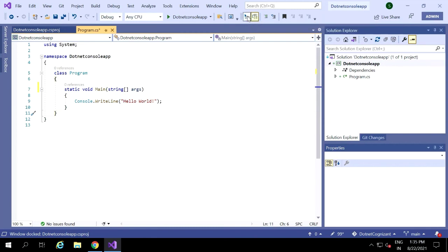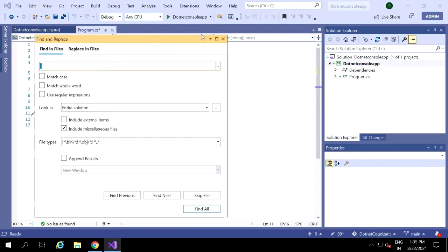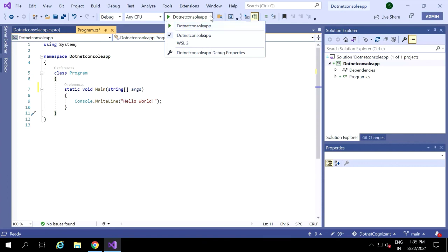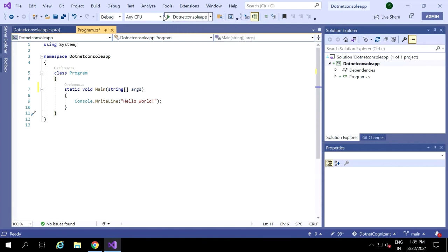Quick info means it will give quick information about that program, what program it is, like name, start window. Next we have files, finding the files. If you want to find all, it will tell you where that particular thing is present. The tracking, it will help. Next, which server you are running will display here. If you are doing any debug or release, you can configure that in the configuration manager.